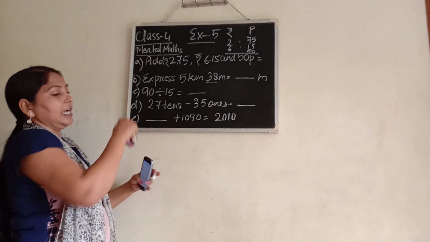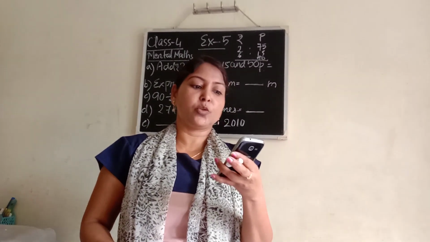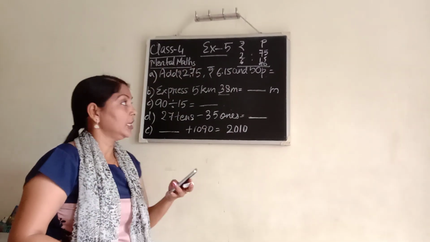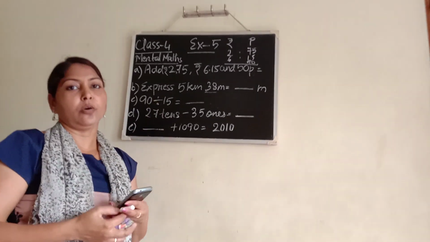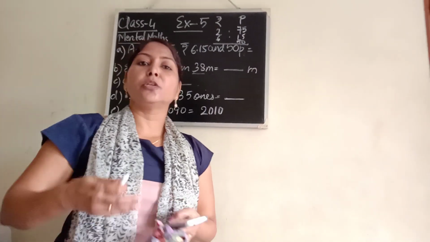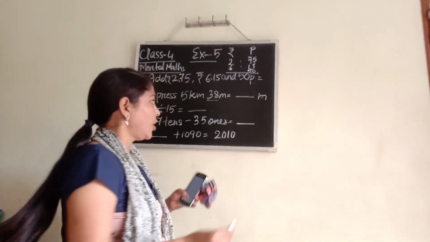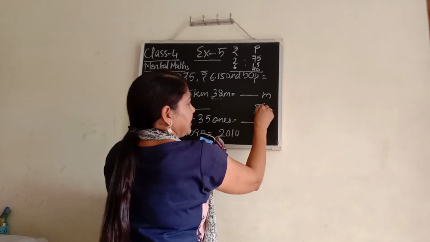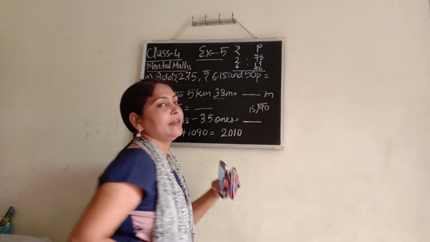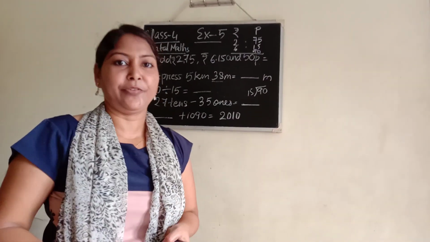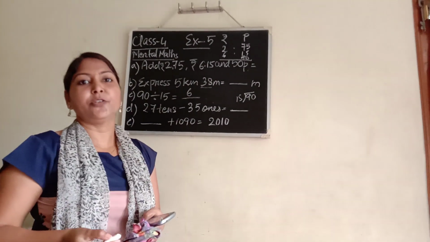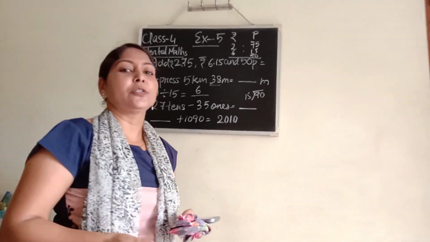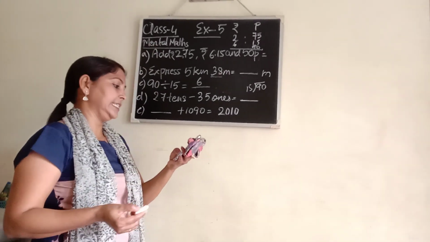Now next, we move to the next question. Number C. The question is, by which number should 15 be multiplied to get 90? Now in this case, you have to divide 90 by 15. So if you know the table of 15, then you can directly see the answer. And if you do not know, you can divide, but then also you need to know the table of 15. Okay, so 15 sixes are 90. So you will write answer 6. So you have to multiply 15 by 6 to get the answer 90.